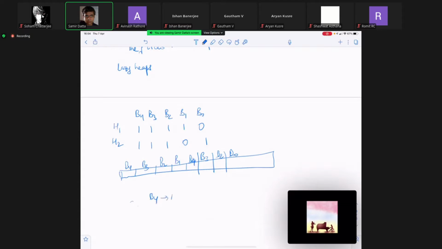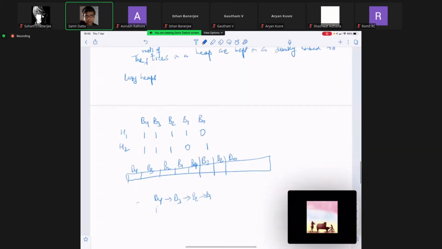Then you add B3, then you add B2, and then B1, and then you come back to B4 and you add it, so B4 plus B4, you would link them,